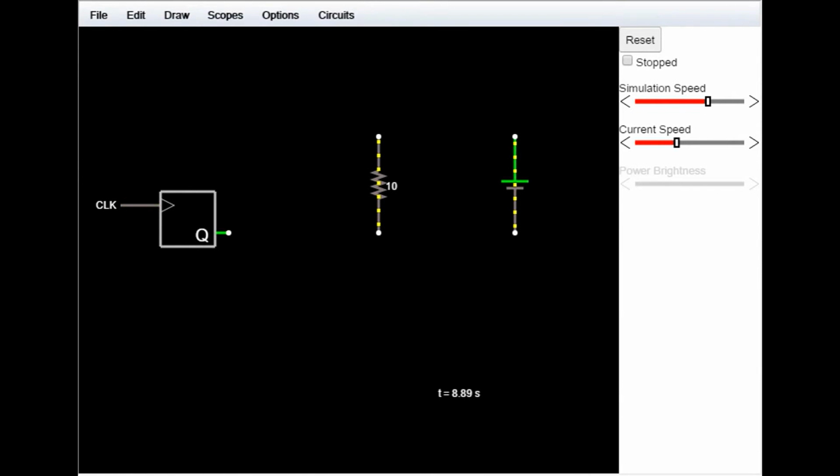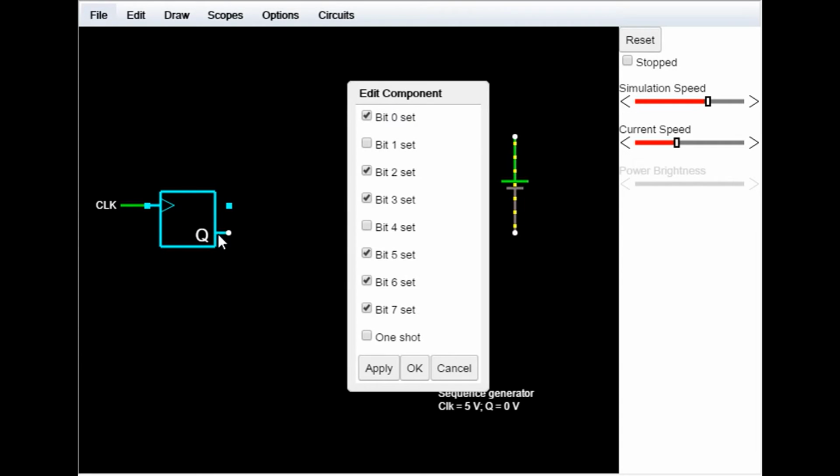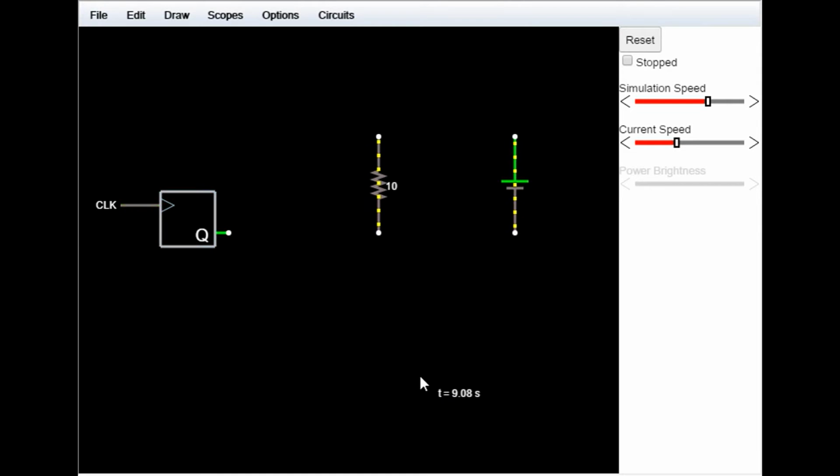All right, now we're back in Falstad, and we're going to do a bit of playing around with some components here. First, on the left-hand side, we have a sequencer, and I'm using this to simulate a signal from a microcontroller. Microcontrollers typically output about 5 volts, and if you look in the bottom right, this is either outputting 0 or 5 volts, and it follows a certain pattern based on a clock signal.